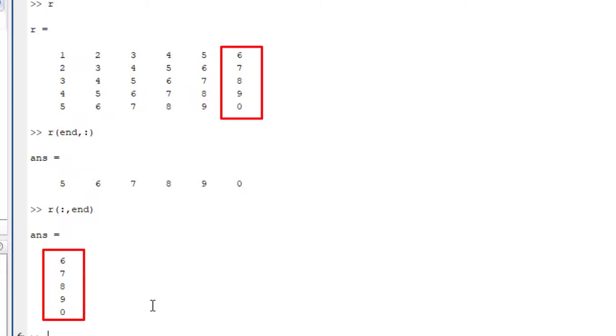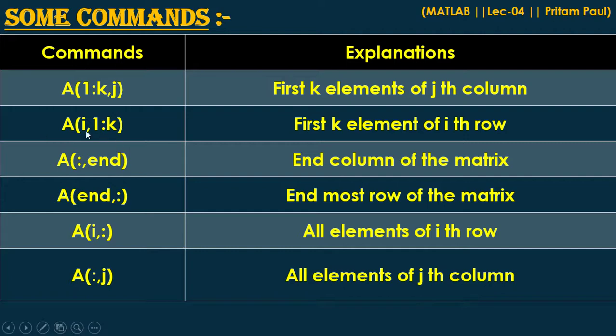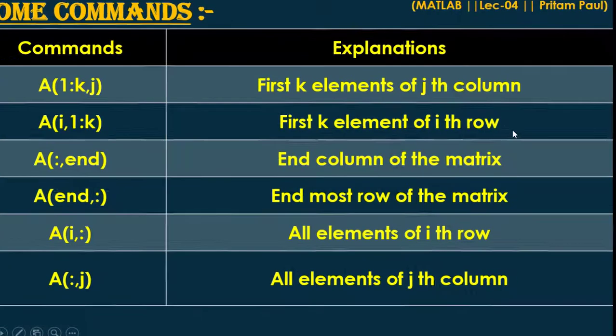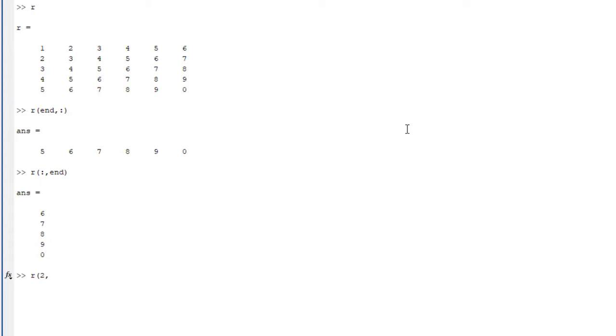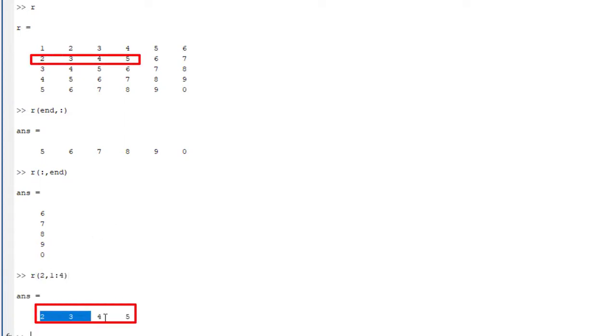So in this way, now if I write A(i,1:k), that means the first k elements of the ith row. For example if I write R(2,1:4), that means the second row, and the first four elements will be selected only. So this is the way.